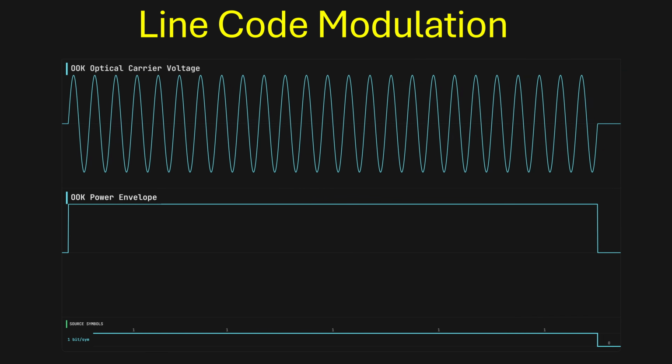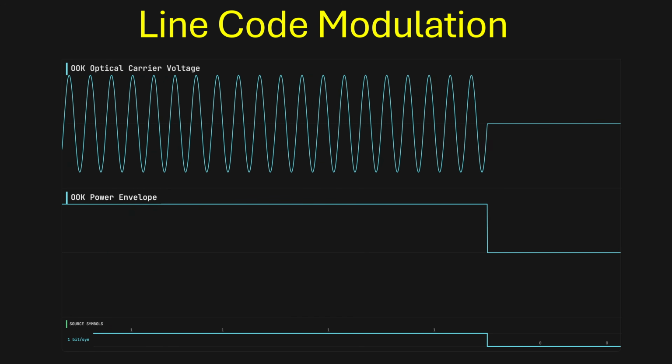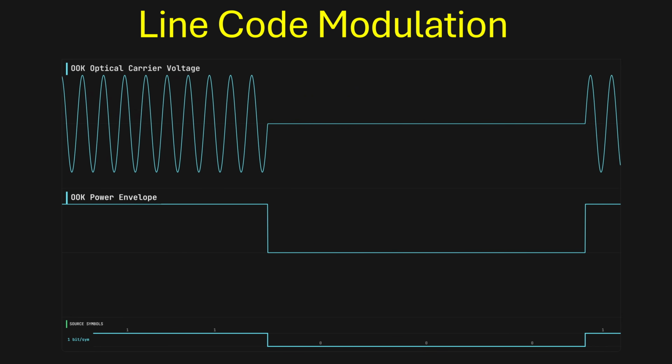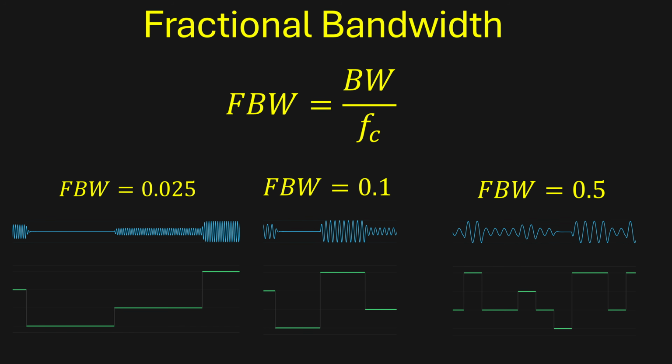And while the optical power envelope is measured as a square wave, there is an extremely high frequency optical carrier wave with an oscillating voltage present underneath. In these demos, I usually show a fractional bandwidth of around 20%, meaning 5 carrier oscillations per symbol. This is near the practical limit for most RF antennas and amplifiers, but keep in mind that in most real-life